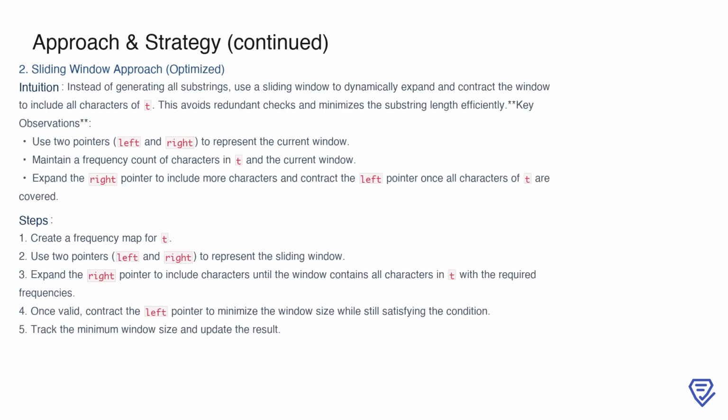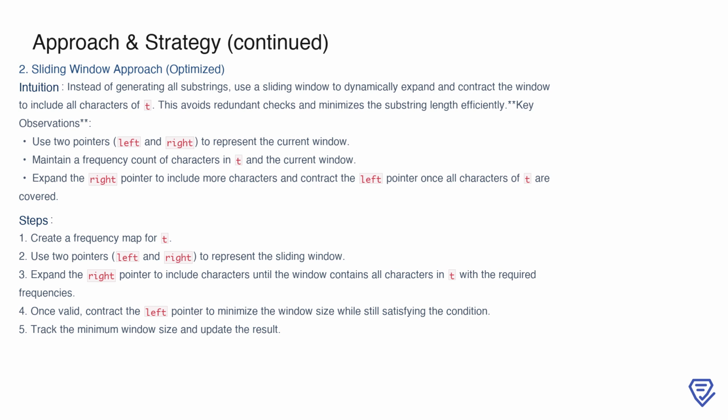A more efficient approach to this problem is the sliding window technique. The key idea here is to use two pointers to represent a dynamic window that expands and contracts as needed, allowing us to avoid generating all substrings. By maintaining a frequency count of characters in T in the current window, we can determine when the window contains all required characters. Starting with the right pointer, we expand the window to include new characters until it satisfies the